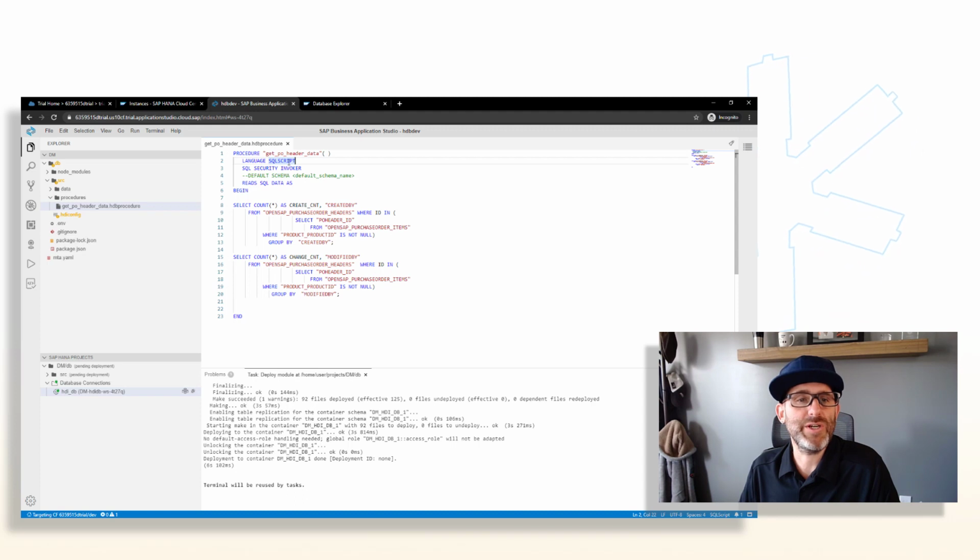The next section here is what I refer to as the metadata section, where we define the language, in this case SQLScript. The SQL security, which can be invoker or definer. The values can be invoker or definer, and basically this means which security do I use to execute this procedure. Is it the invoker's, the person who's calling this? Is it their authorizations that I use, or is it the definer's, the person that created the procedure, that I use